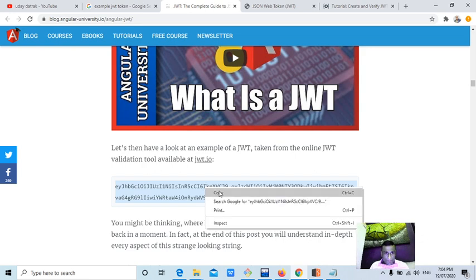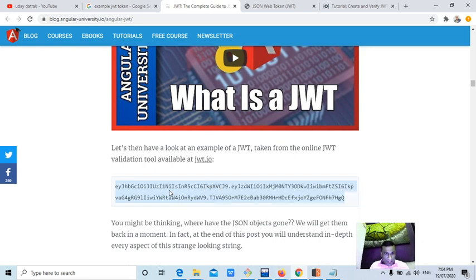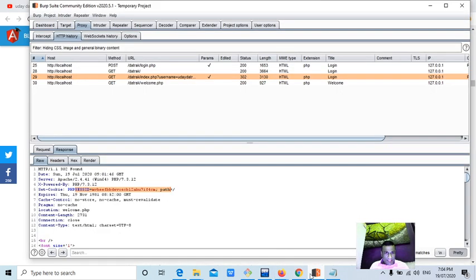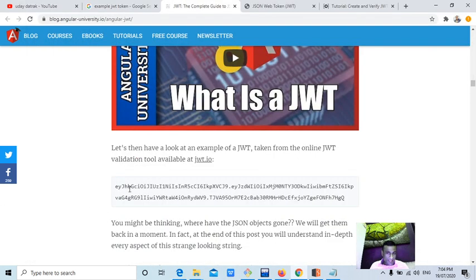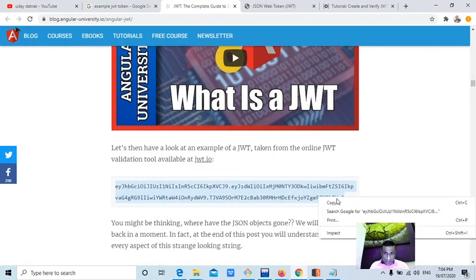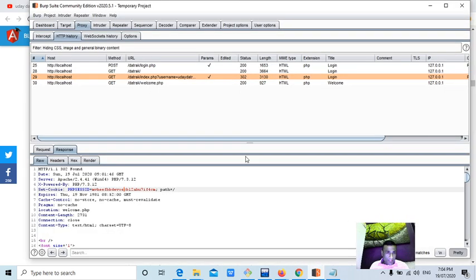Now this particular session ID, whenever you enter the username and password on some websites, in the response this particular string will be set. It's a big one. It's in base64 encoded format, guys.